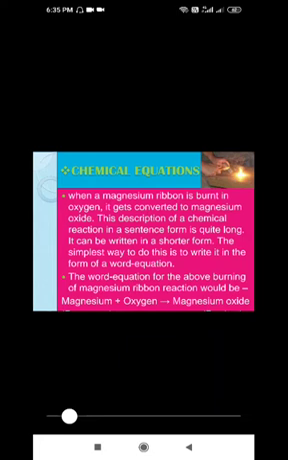Is it clear? The same thing I've just said: writing it in simple sentence form will be too long. So to make it short and sweet, as you all know, we are kind of lazy, so we always find shortcuts to write things in the simplest form. So chemical equations are the simplest form of writing chemical reactions. Am I clear?